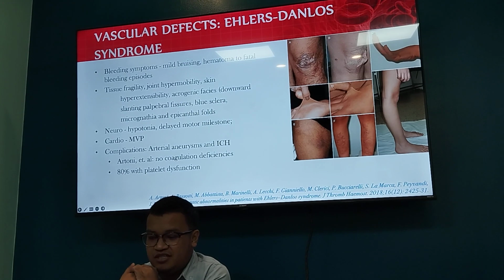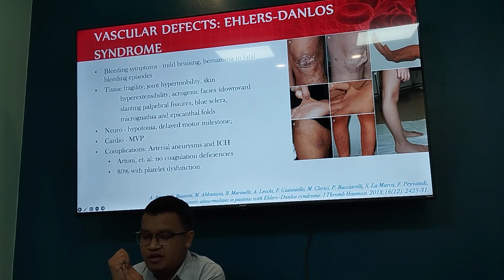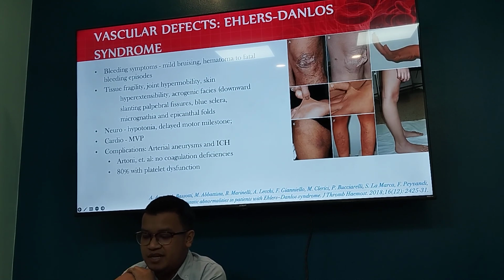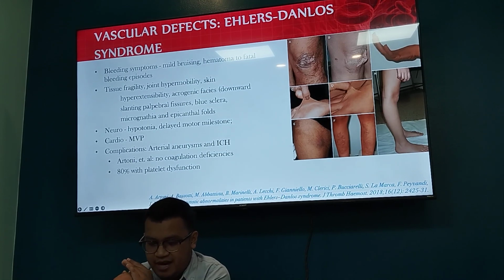So tissue fragility, joint hypermobility, skin hyperextensibility, and acrogeric facies are the most common diagnostic manifestations of Ehlers-Danlos. The classical facies have a downward slanting palpebral fissure, blue sclera, micrognathia, and epicanthal folds. So neurological manifestations include hypotonia, manifesting as delayed motor milestones in a growing child. Mitral valve prolapse can also develop in these patients,